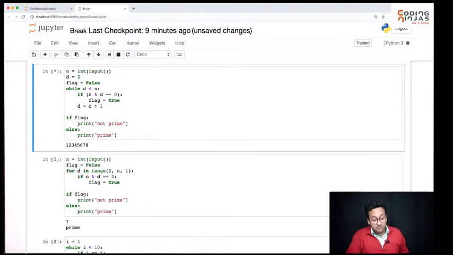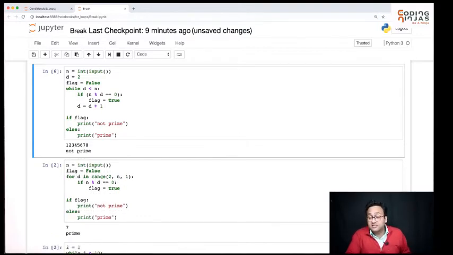And it's still running. It's going to take a long time before it tells us that it's not a prime. So it took a long time to figure out that it is not a prime. So it is doing a lot of work which was not really required. So break is letting you get out of the loop if you don't need to run the loop anymore.